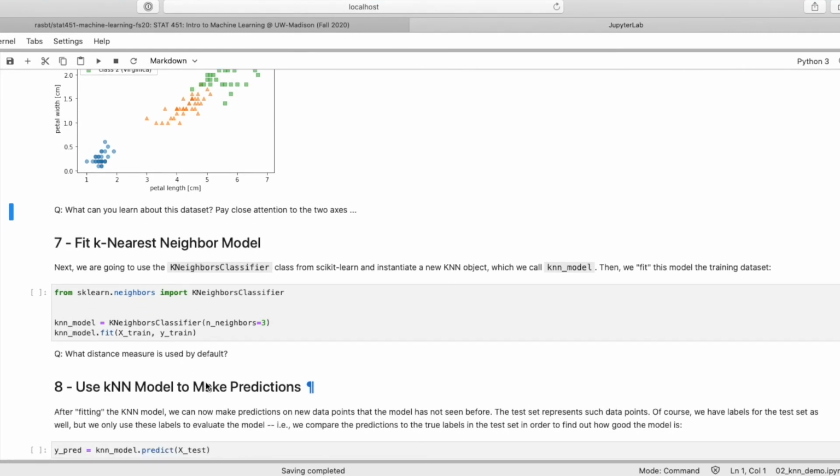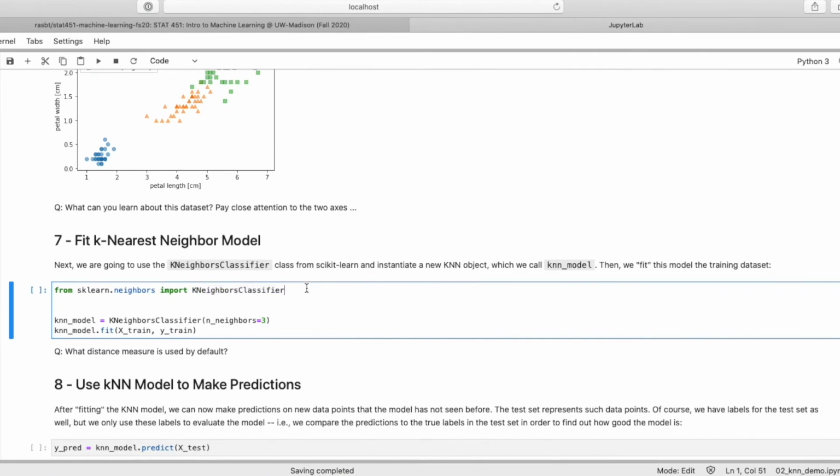Now let's get to the interesting part, the machine learning part, because all of that before was just exploratory data analysis. So let's now get to the machine learning part. In scikit-learn, there are many different classifiers and regression models. So here, because the lecture was about k-nearest neighbors, we are starting with a k-nearest neighbors classifier. There's also a k-neighbors regressor, but because this is a classification data set, we will be using, of course, the classifier.